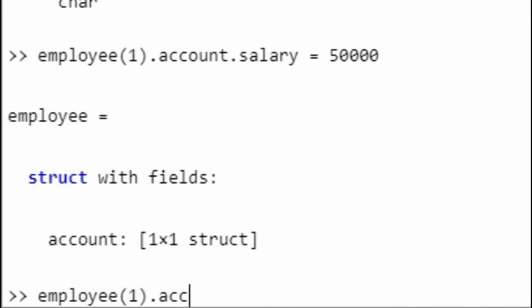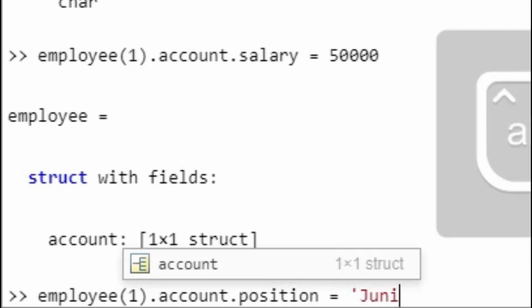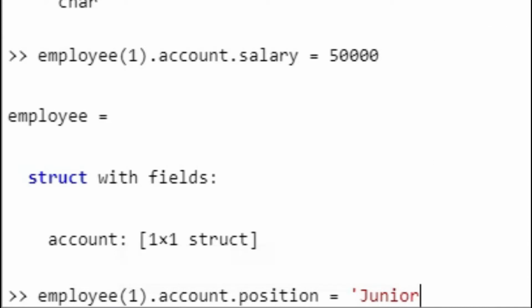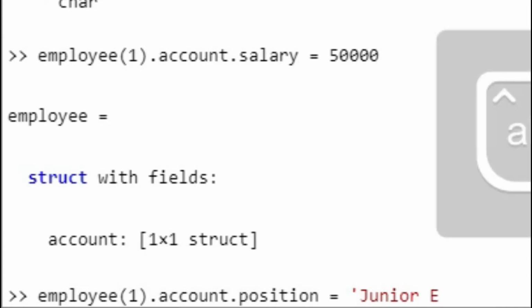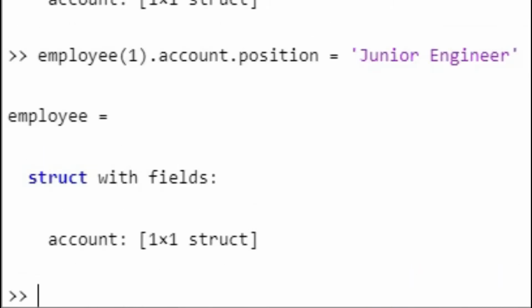By using that, let's store my position in the company. Equal to, I am a junior engineer, so 'junior engineer' in string format, and enter.